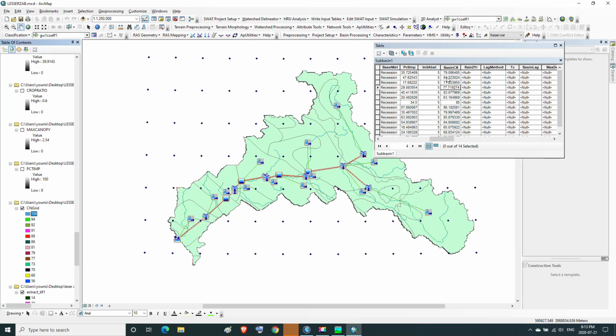The reason for this is that the subbasin may contain more than one curve number. So here the value of the weighted curve number is calculated in each subbasin.